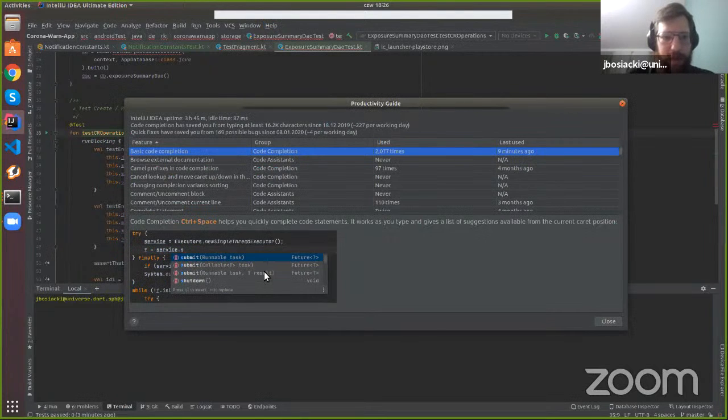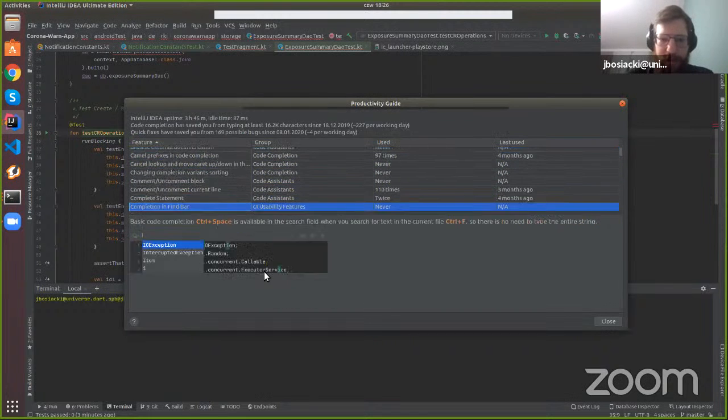So when you enter that, you have some statistics about your code development. For example, as you see, I used the code completion 2077 times. And I made it in about half a year because I was using this device for half a year, maybe a bit longer, 7-8 months. So in this time, I used the code completion so many times,